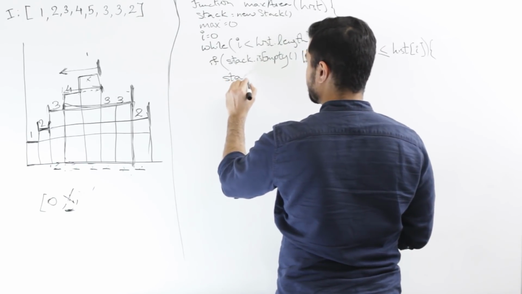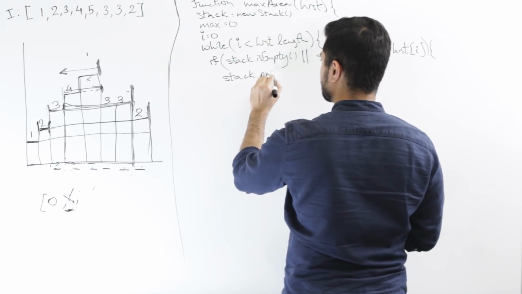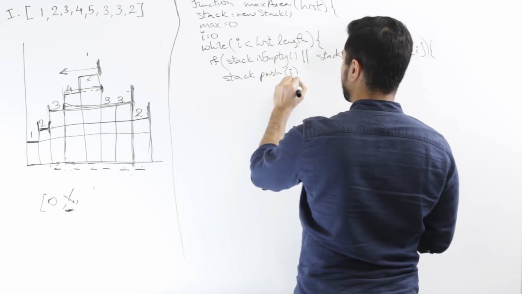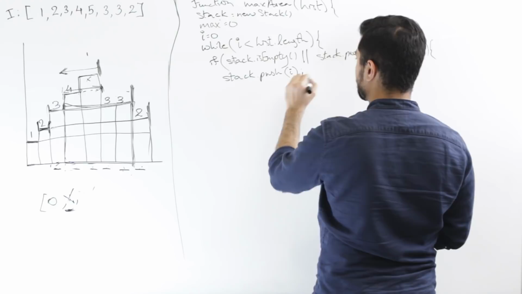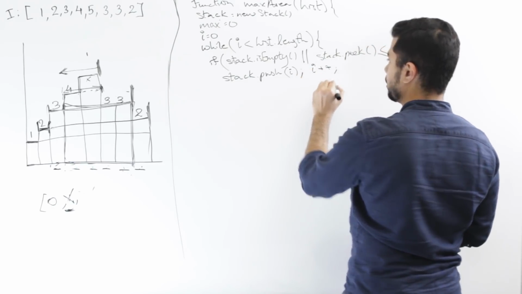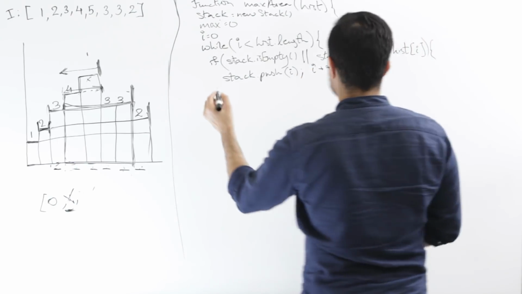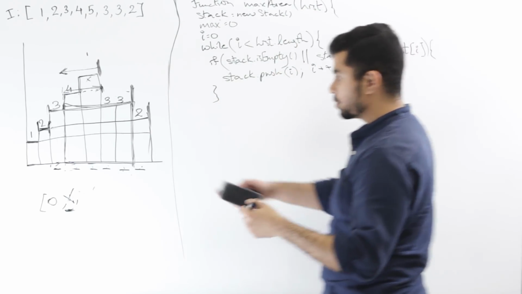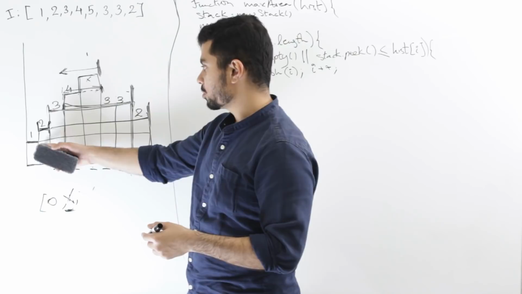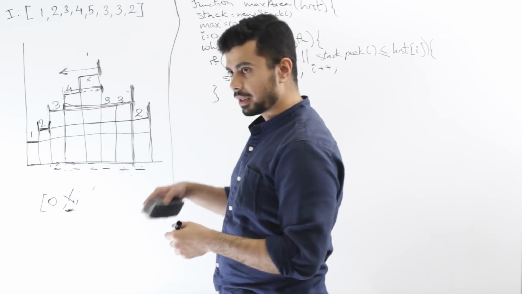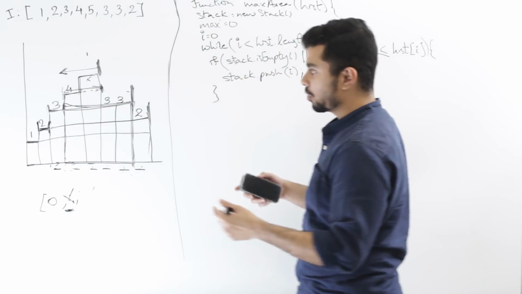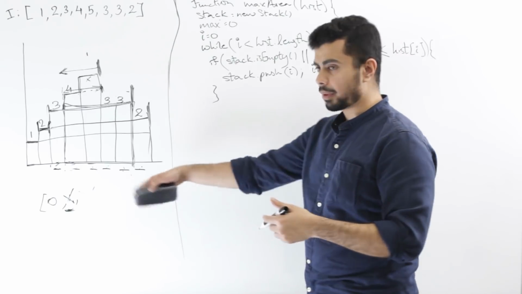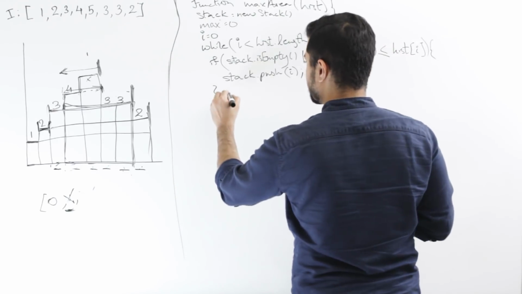Let's say stack dot push I, right? And we will also say I++ then. So this concludes this if statement. But if this is not the case, then as we saw over there, what we do is we start computing the area. And also we don't just compute the area, but we pop it out of the stack, right? So let's do that. Else